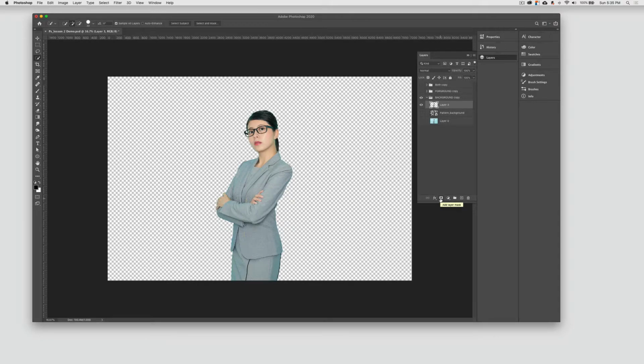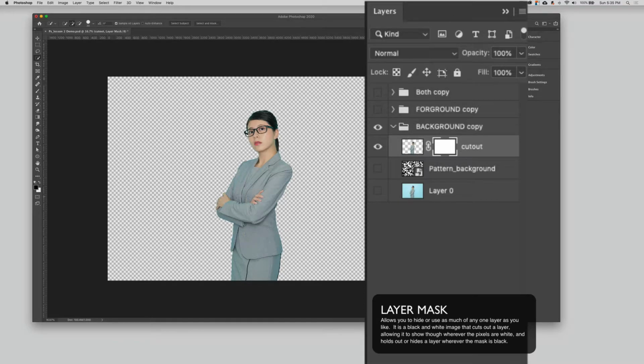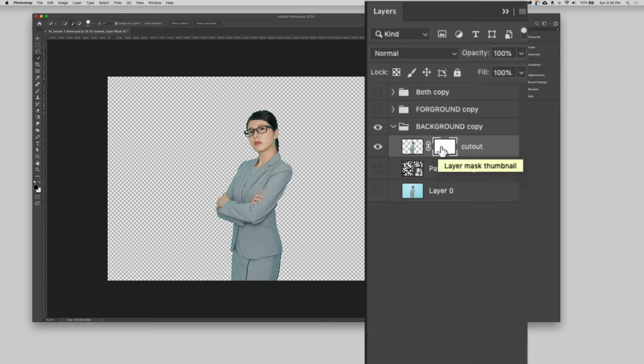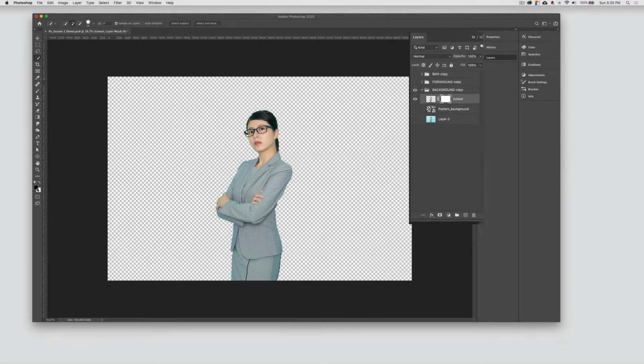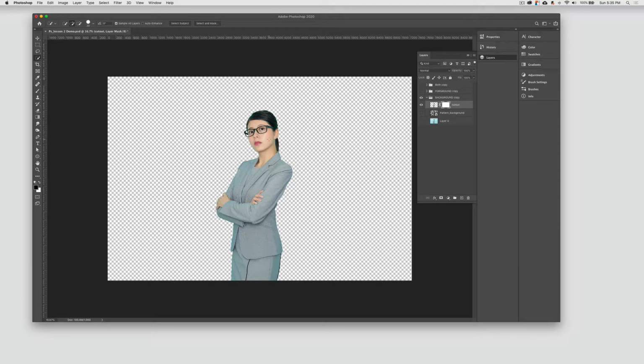So we're going to add a layer mask. Make sure you're on the one that was just cut out. And we're going to click and add a new layer mask. See how it's white? You can see the person here. So we know that this white means it's not masking anything. It's not hiding anything. It's when you start using black, you make sure it's 100% black, that's when you start masking the image. So if I want to get rid of her jacket, arms and legs, I can do that